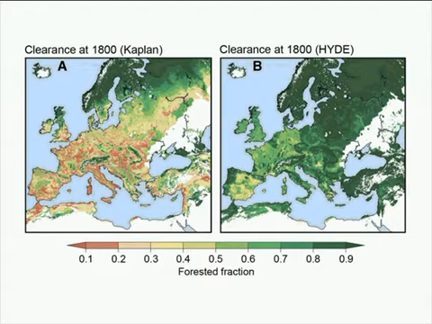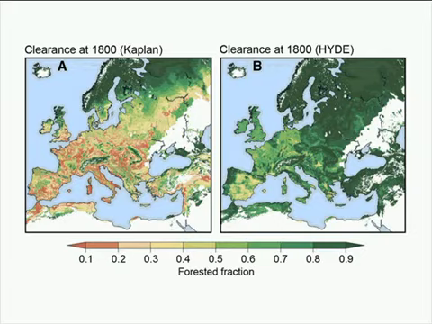Well, if they hadn't deforested by 1800 and they have subsequently reforested, then you ought to see predominant forest all over Europe. Well, of course you don't. Most countries, until you get up into parts of Russia or maybe around the Baltic, most countries are